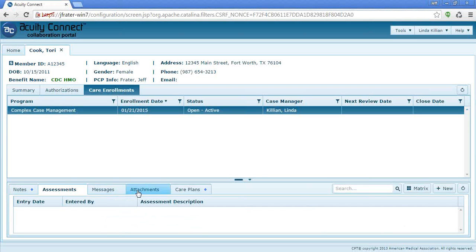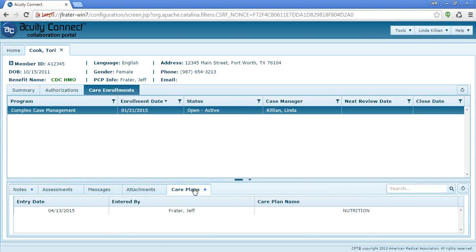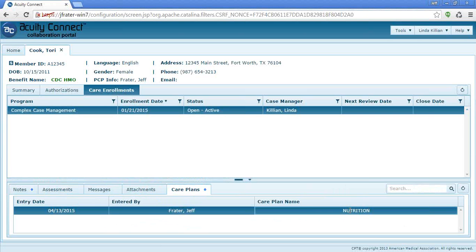Okay. And I see messages and attachments, and those are the same things that we worked with on Anna Davies. Is that right? You're correct. Oh, good. Okay. Yep. So now notice the blue dot is on the tab for the care plan. That tells me that there's an active care plan on her case management case. So I can click on that blue dot and see her care plan.